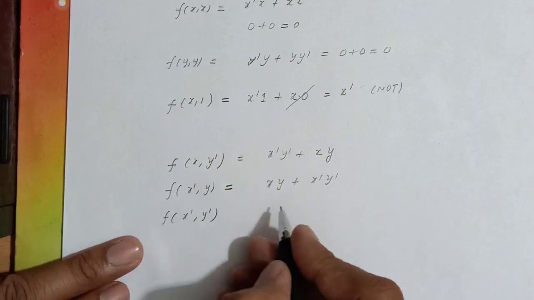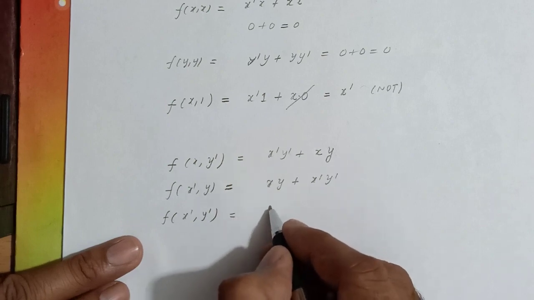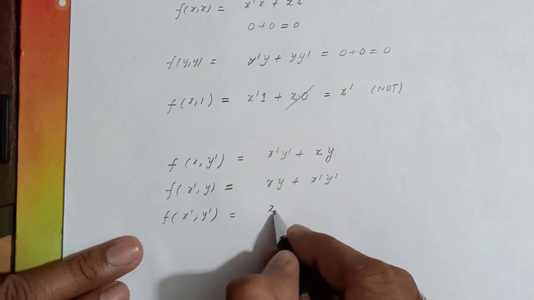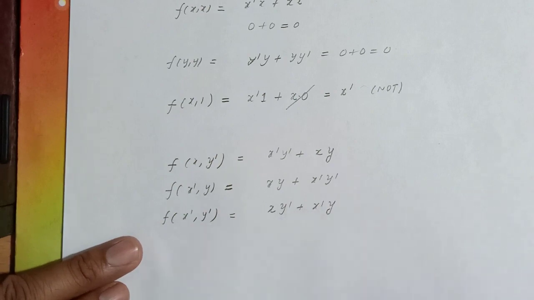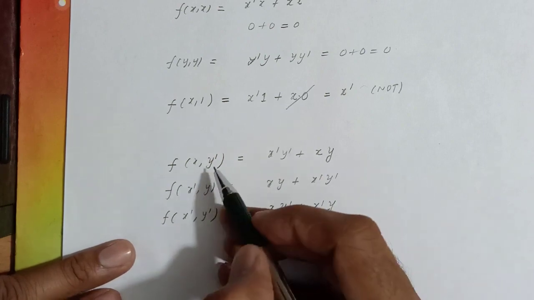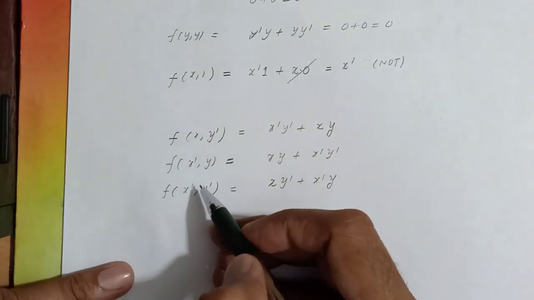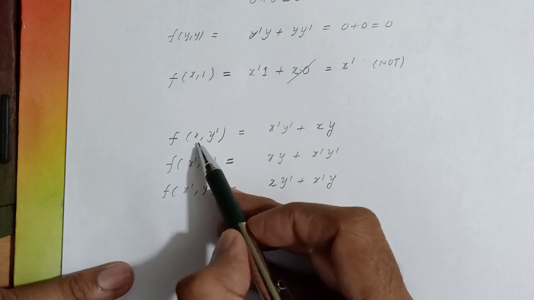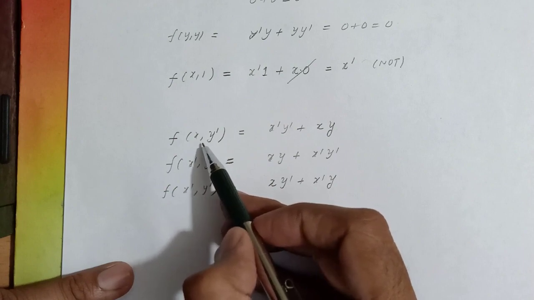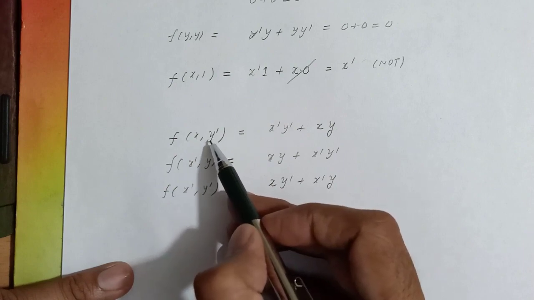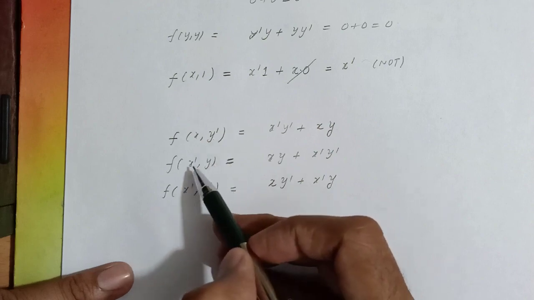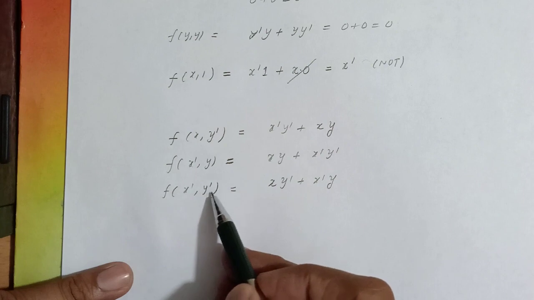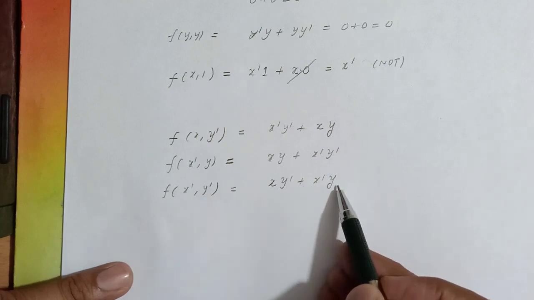Another option: if we calculate f(x', y'), making both variables complement, then we will get xy' plus x'y, which is the same given function. So we have tried all the possibilities. We made the second variable complement, the first variable complement, and both complement, and still we are not able to generate x plus